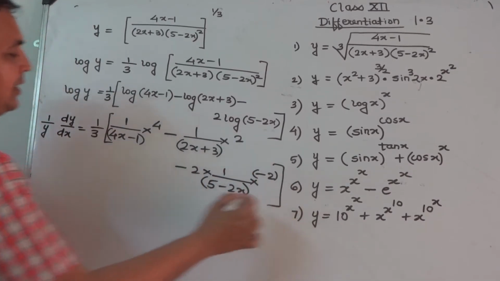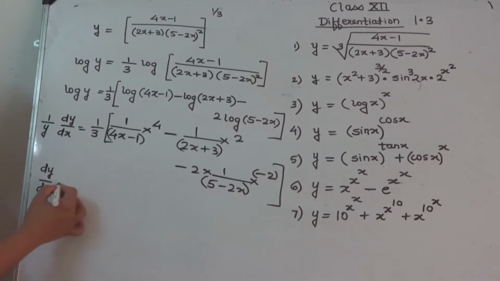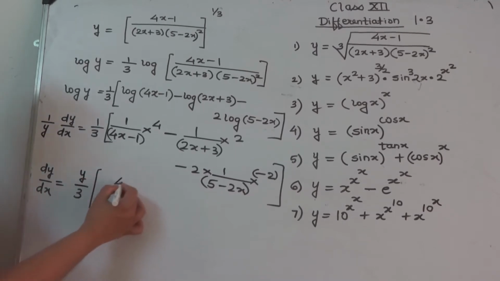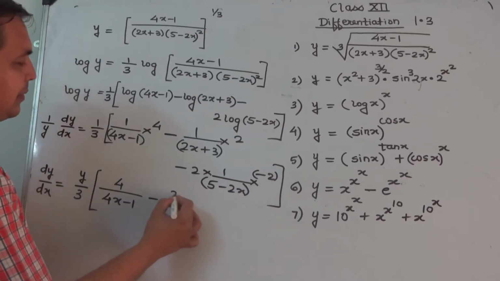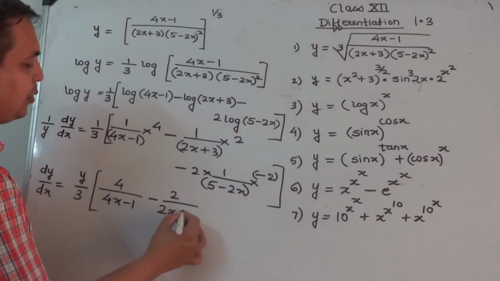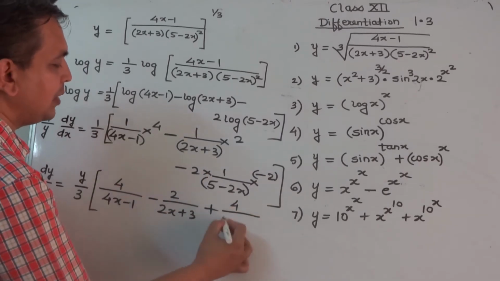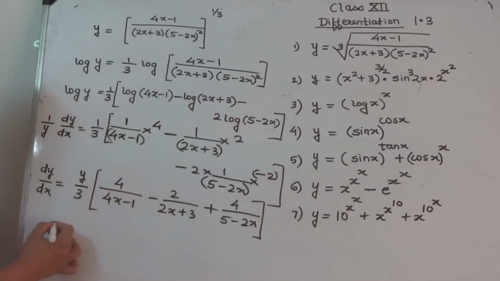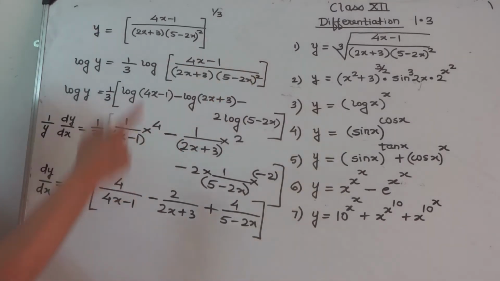This bracket complete, and so we get dy by dx equal to, we cross multiply by y, so y upon 3 in bracket 4 upon 4x minus 1 minus 2 upon 2x plus 3 minus minus plus 4 upon 5 minus 2x, and in the last step, in place of y, we replace its given value y equal to cube